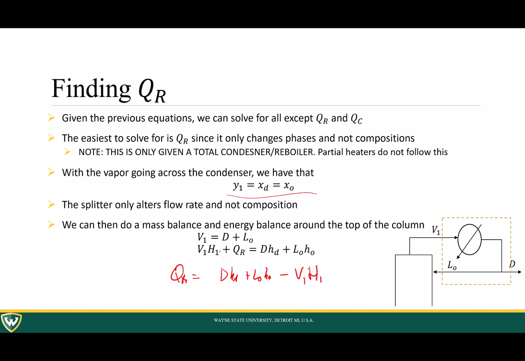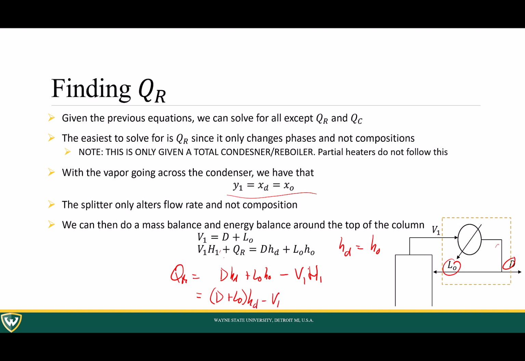We know that our distillate enthalpies are going to be the same, because our L and our D are the same composition of liquid and they're the same temperature. So we know that HD is equal to H naught. So we can just make that in terms of HD. This would be equal to D plus L naught times our HD